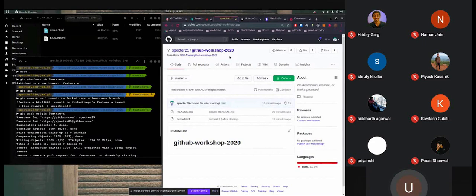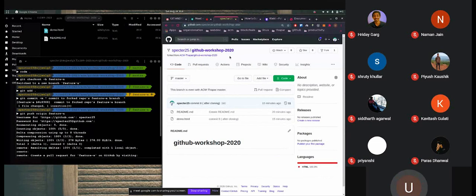And I cloned this forked repository on my local computer. Then I made the changes, and I created a new branch so that the master branch remains unaffected. I made some commits to the code, and finally I pushed the new branch that I created.